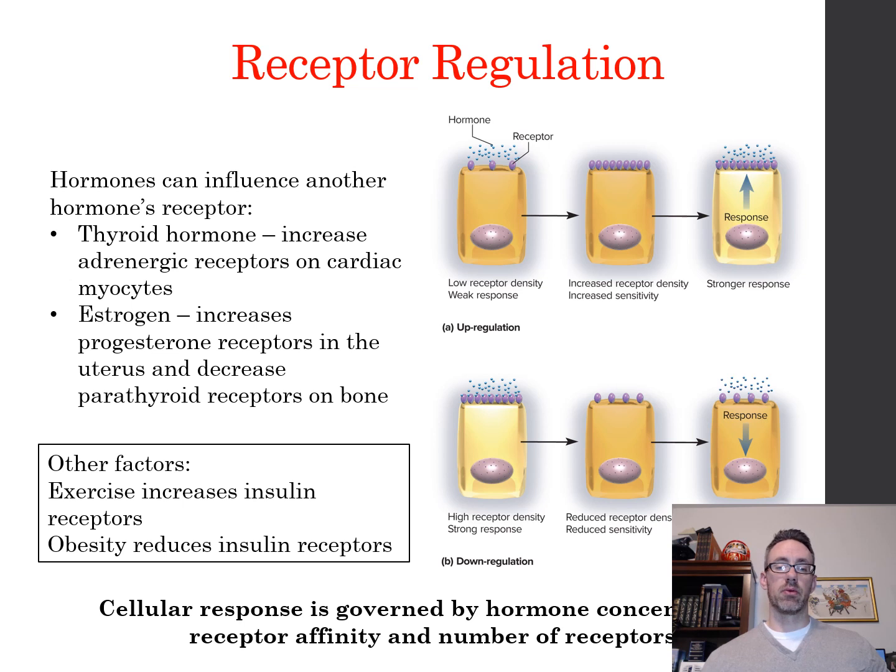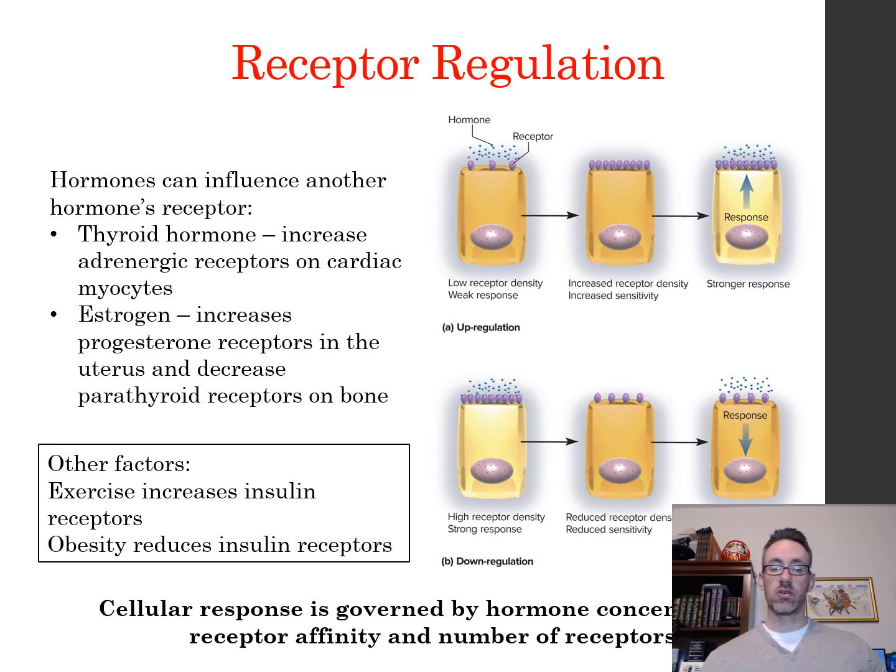Estrogen, another example, can increase progesterone receptors in the uterus, so it makes the uterus more sensitive to the effects of progesterone. It can also decrease parathyroid receptors on the bone, and when we talk about calcium regulation, we'll talk about the significance of that. Some other factors to keep in mind: